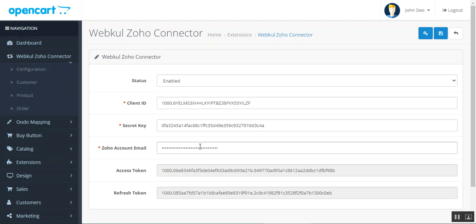If you're registered on the CRM for Zoho, then you'll be able to generate the client ID and the client secret key, and that would have to be entered within these two options here, along with your registered Zoho account email. And then just tap on the save button to save the settings, and after that